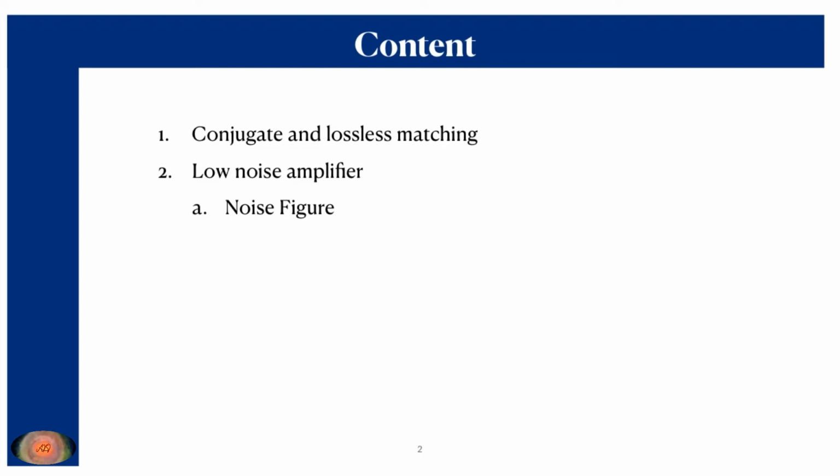The reflection and the transmission coefficients represented in terms of the S parameters hold the entire information regarding the incident wave and the loss in terms of the reflected wave, and therefore we have to think of different techniques that can increase the gain as well as reduce the losses. The technique that I'm going to discuss here is the conjugate and lossless matching.